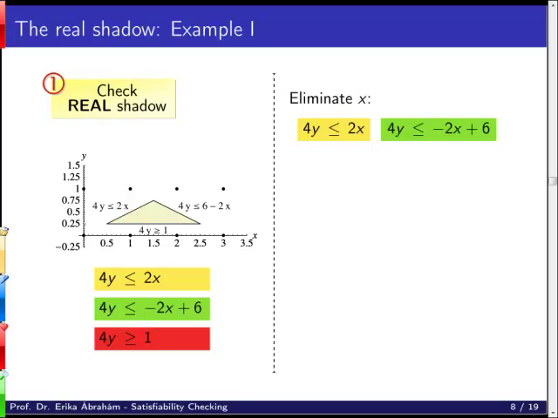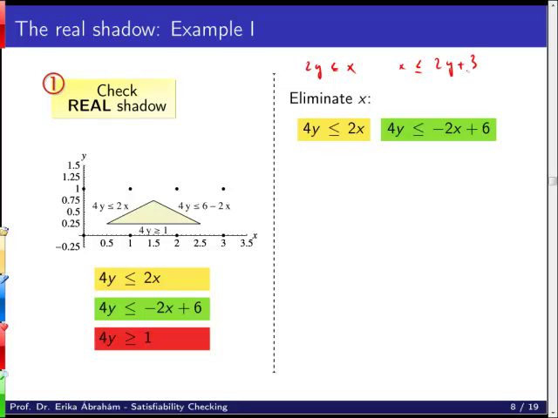And instead of generating as before the constraints 2y less or equal x by dividing by 2, and here x less or equal 2y plus 3,